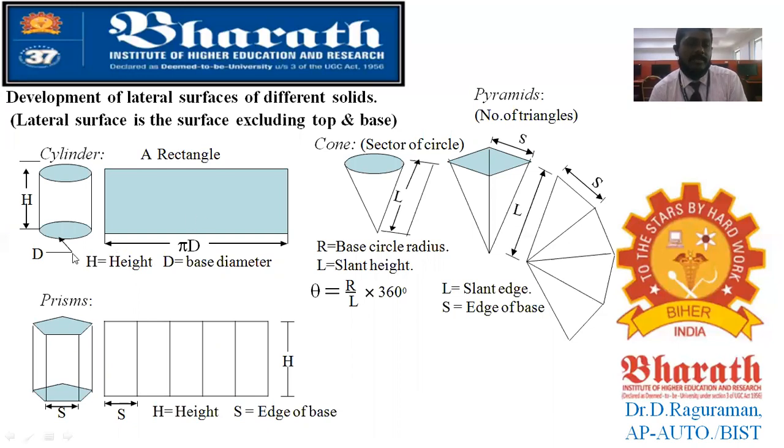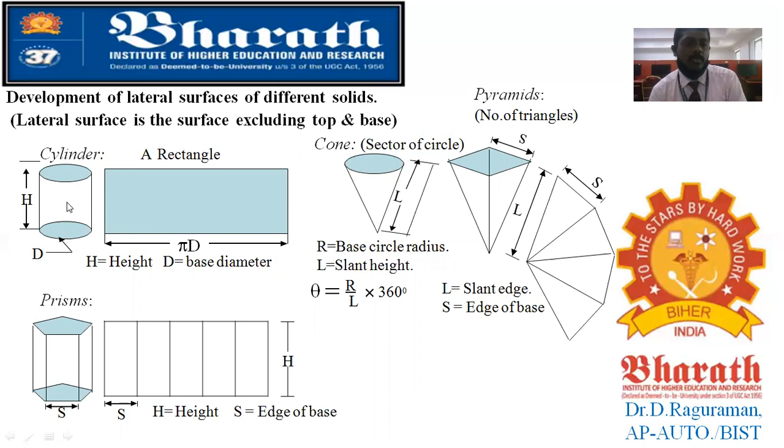For a circle, you will know the circumference is either 2 pi r or pi d. So for that pi d, you will be making a horizontal line. The circumference is getting stretched, because the concept of development is that you unwrap. You cover with a sheet and you unwrap it. That is how you develop that surface, the development of lateral surface.